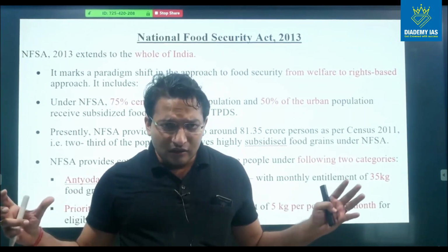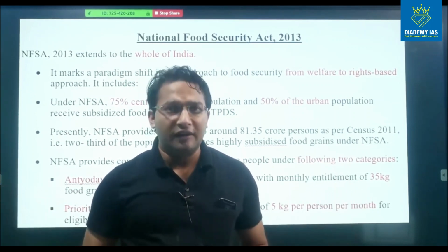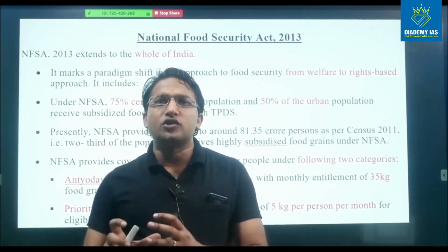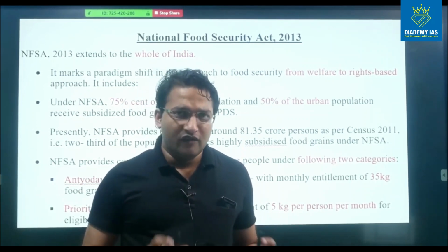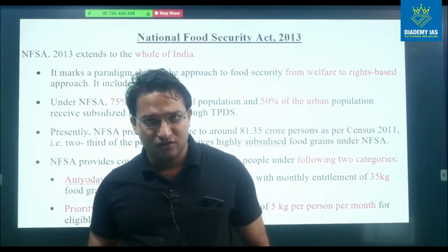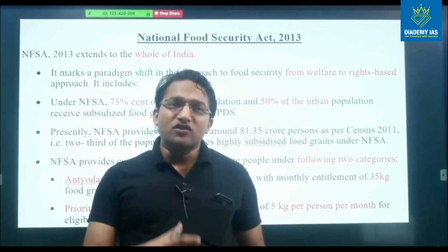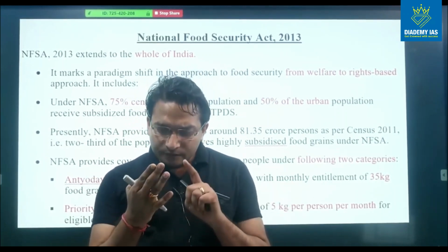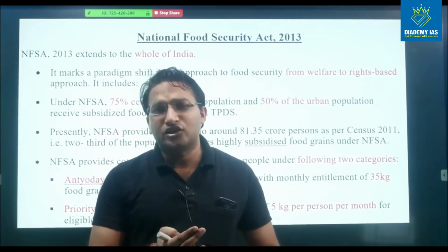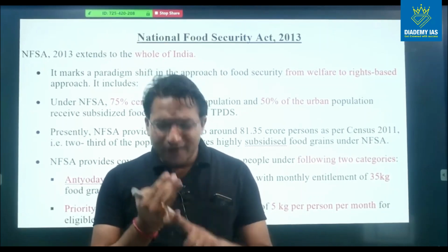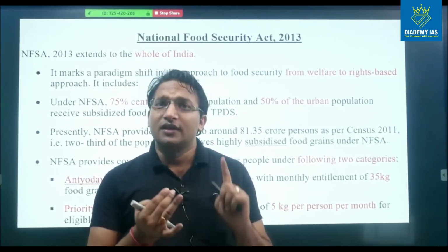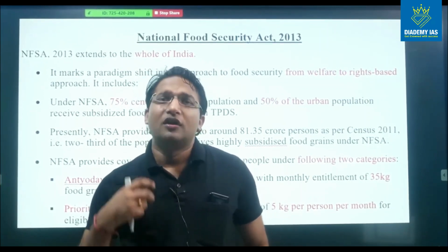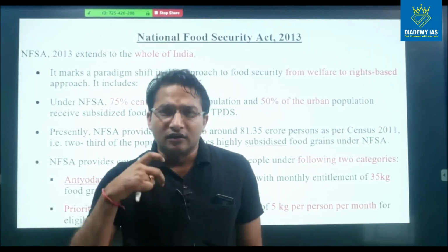So there was huge variation across the country, and the beneficiaries were also not identified properly. There were issues in beneficiary identification. Apart from that, it was not rights based. So considering all these factors, the variations across the nation, poor identification of beneficiaries, and no right being available to the beneficiary,